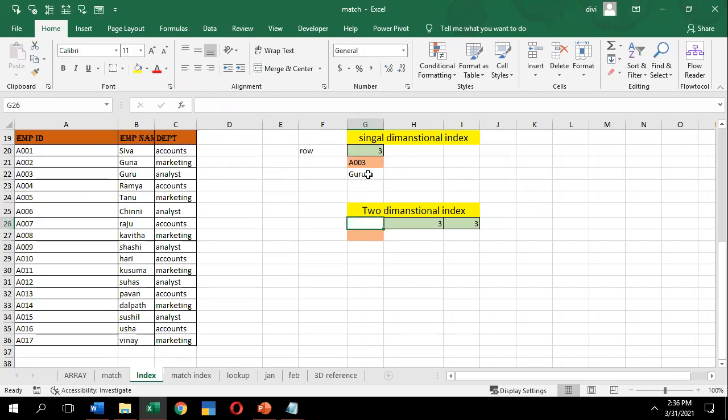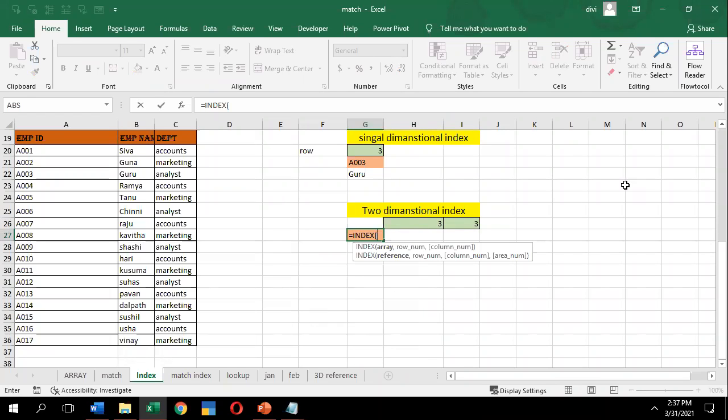Okay, so let me come to two-dimensional. If I ask what is the value in the third row, third column, you can use equals INDEX, reference, that is the array, Shiva, comma, row number, third, and then the column, third. Close the parenthesis, enter.